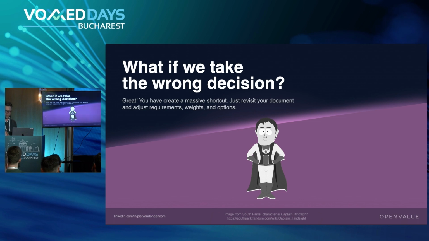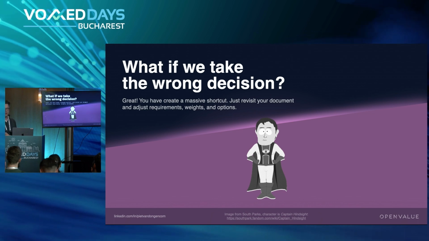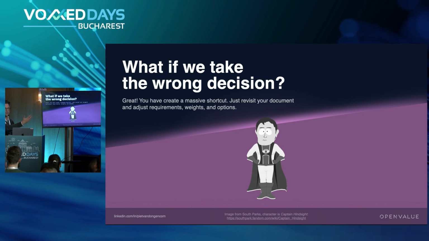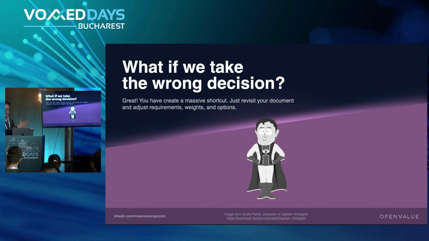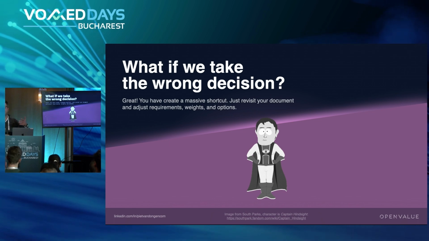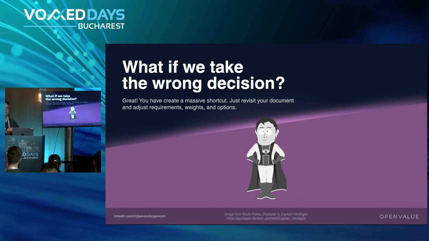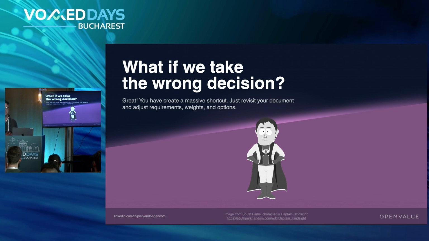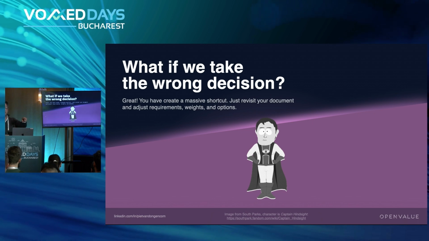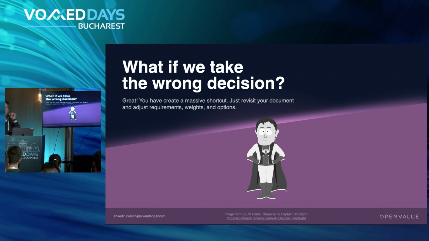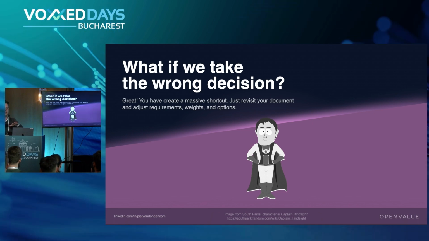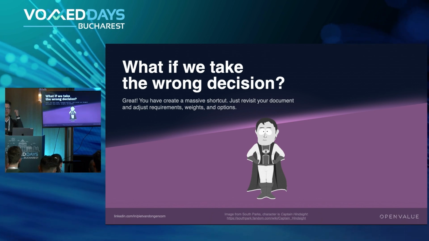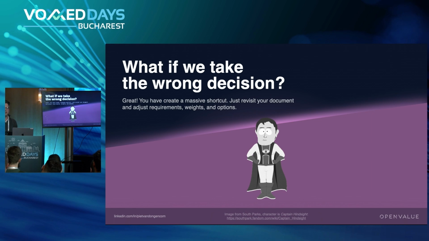This is good, because if you take the wrong decision and you have written down nothing, or you did like one of the 5 wrong examples, then you have a problem, because you need to revisit the whole process. And if you've written down everything you were involving in the decision, then it's easy to see, so we missed this requirement, or we made this requirement not important, but it turns out that it was really important. And then your numbers change, and maybe option A is suddenly the better candidate of the 2.